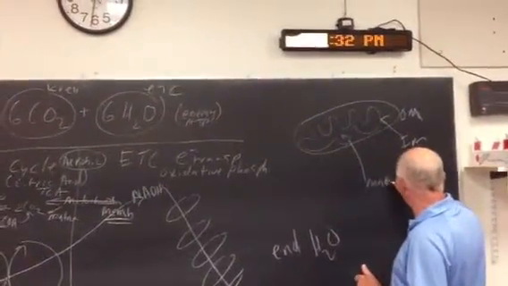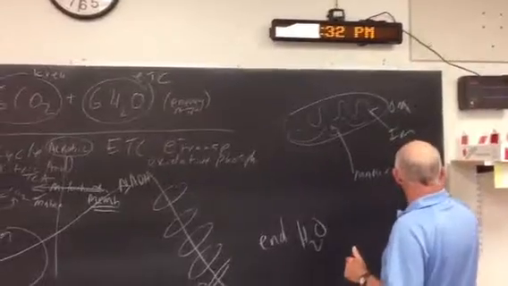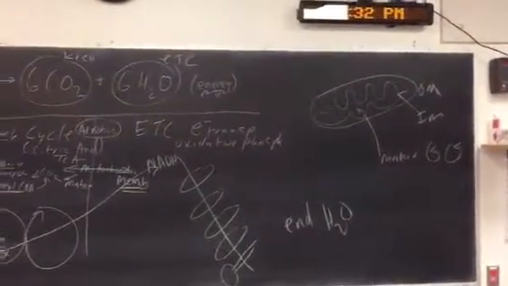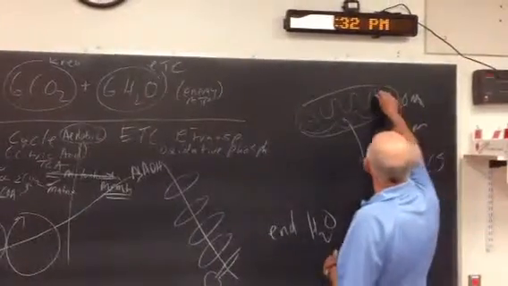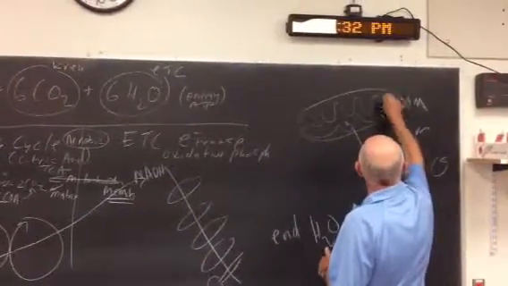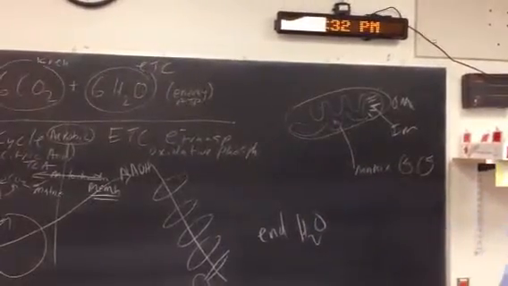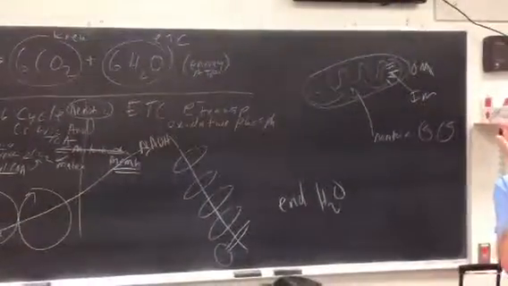Okay, if you can think matrix, make yourself a couple of circles like that. What's going on in the matrix? Krebs cycle. And if you look at the IM, and if you just draw some lines over here, what's that? Electron transport chain. Now, you got to think with this. You got to kind of visualize in your mind